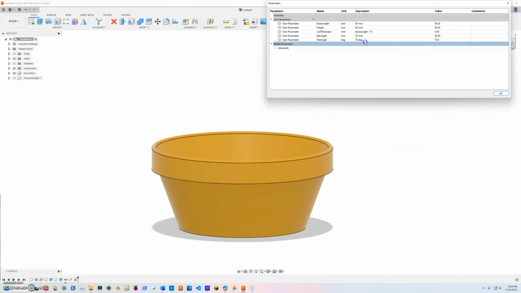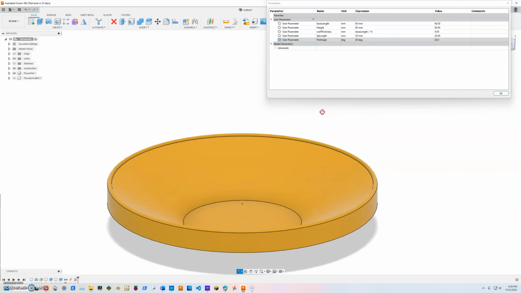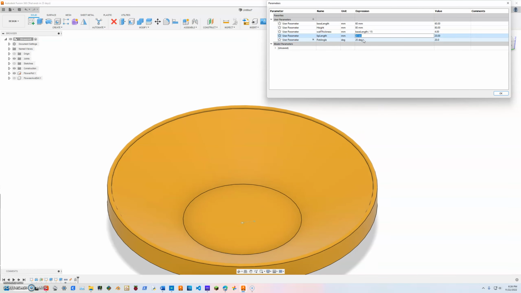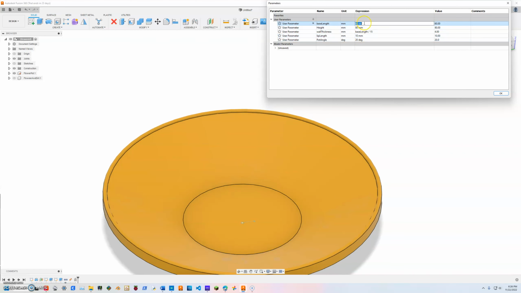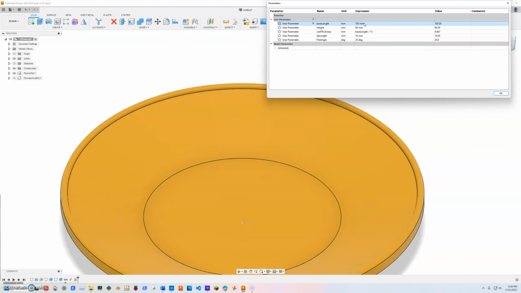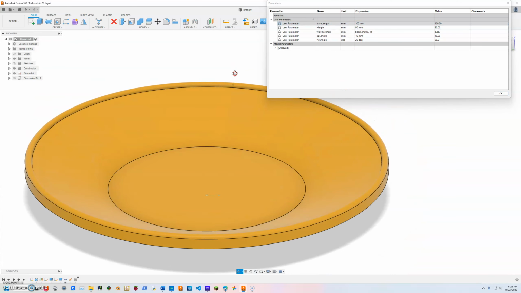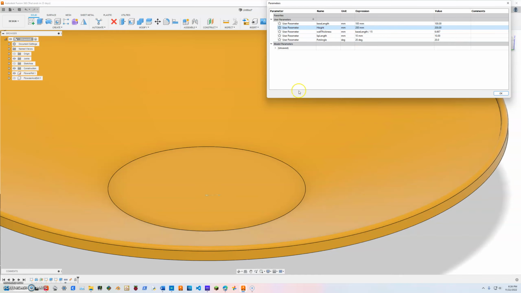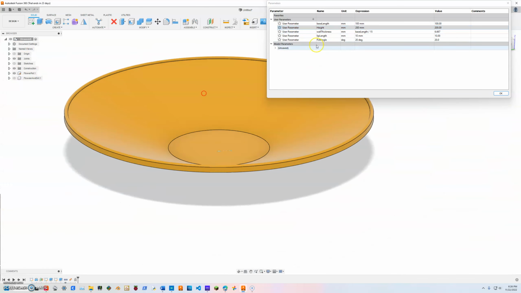You could even try something like 20 degrees. You get whatever this is. Or you could do a lip length of 10. And a base length of 100. And now it's like a plate, and the height of 200, and nothing's broken. If I change it back to 70,